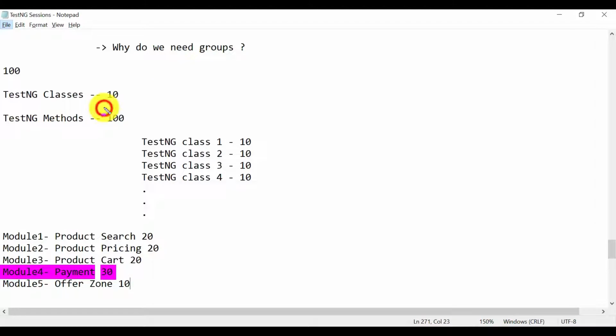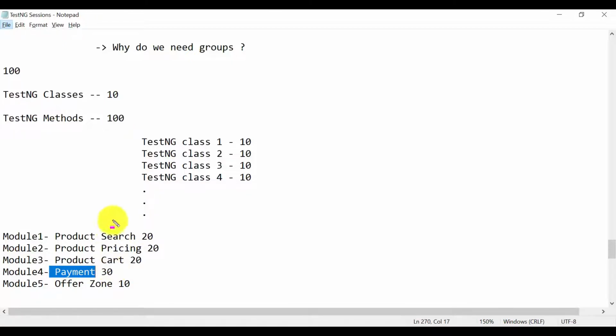That means I don't need to run all 100 test methods on priority. My priority is these 30 test cases related to only the payment module, where we have added some functionality or some fix for the release bugs. On priority I want to run only 30 test cases which test the payment module. Anyhow we are going to do our full coverage or full regression running all 100 test methods, but we can do it later. First our priority should be these 30 test cases, and if all 30 pass, then we can run our regression running all the test methods to check all the functionalities.